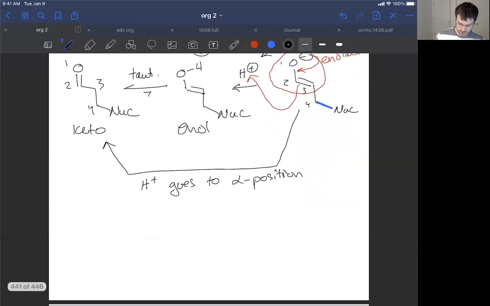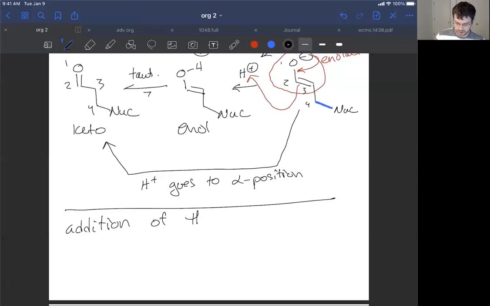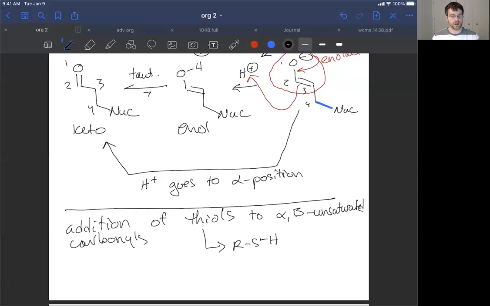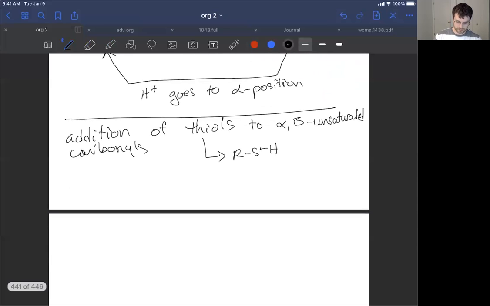Now, some of these things work so well they don't even need the H plus workup. A great example is the addition of thiols to alpha beta unsaturated carbonyls. So thiols, these are sulfur versions of alcohols, so RSH. So if we did the following reaction, there, ethane thiol, that's that molecule I was telling you about that